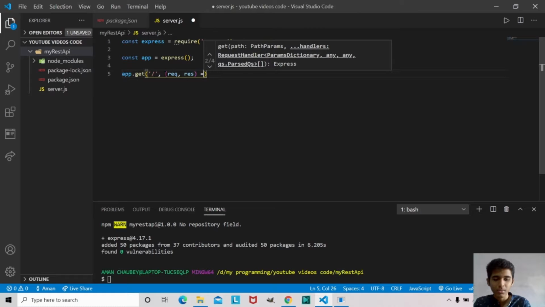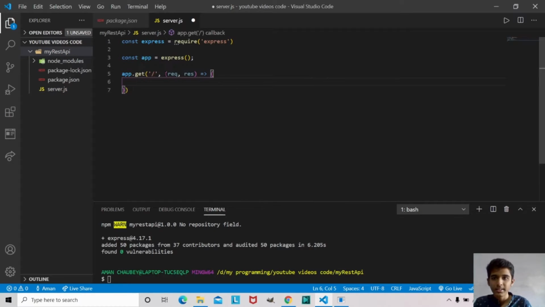Now this is a callback function, right? So this is a callback function, as you can see here. Let me make this down so that it becomes clear. Okay, so this is a callback function. The first argument was a path, so the path is slash. So if someone comes to the slash path of a REST API, what we do is written in this callback function,